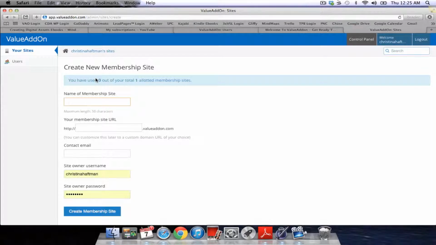So I have a couple of clients in the pipeline, but this free trial only allows me to do one membership site, so I'm going to just do it for myself because I'm creating products also. Okay, so creating digital assets, and I'm going to put the same name in here and my email.